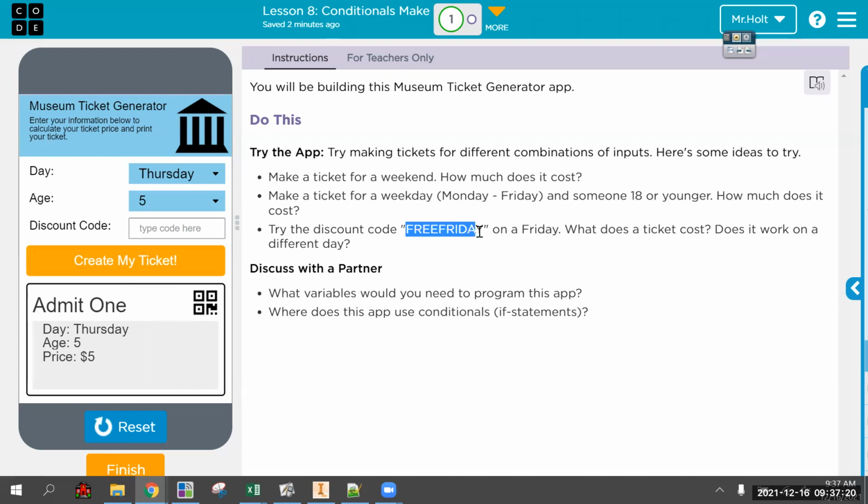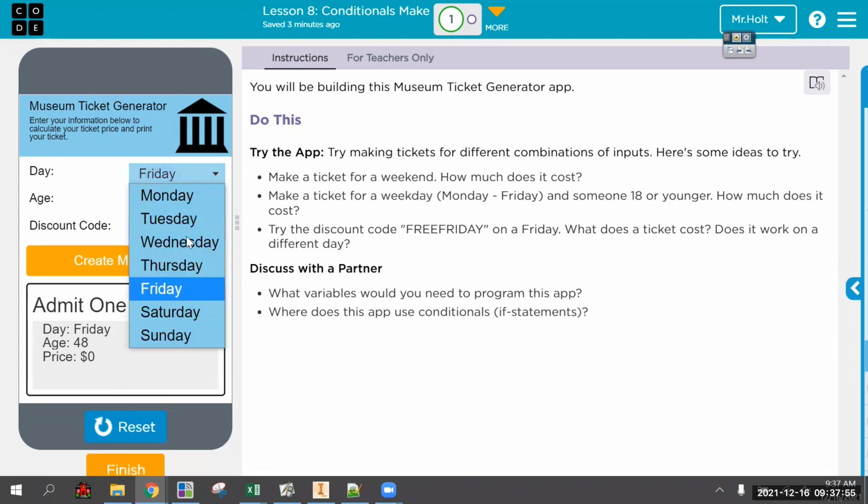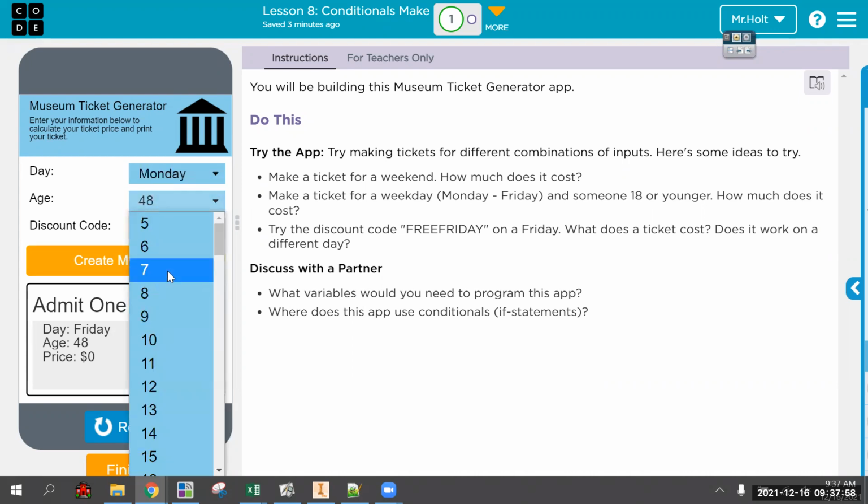Then they say, try this code as a discount code. On Thursday, nothing changes. What about on Friday? It's free. All right, so those are basically our rules. Any weekend, full price, no matter what. Friday with the free Friday code is free, no matter the age. And then weekday, our most specific rule, is weekday,